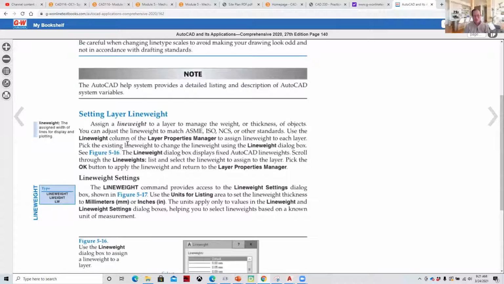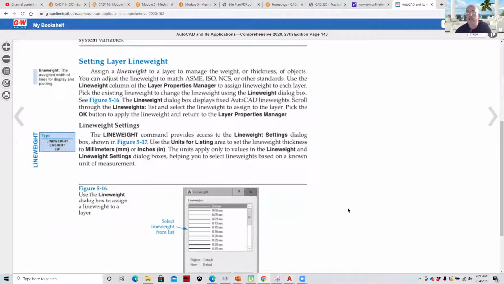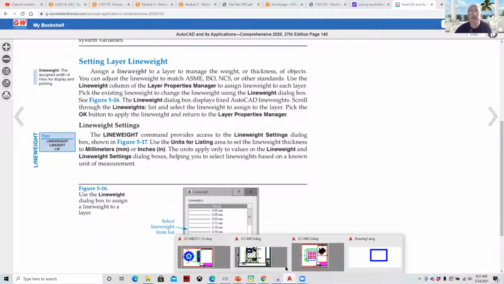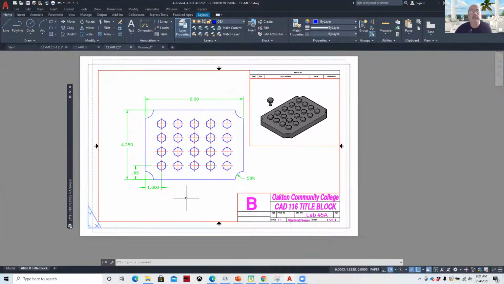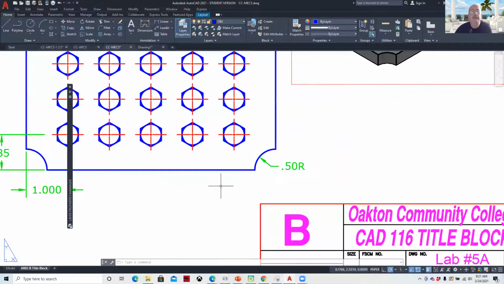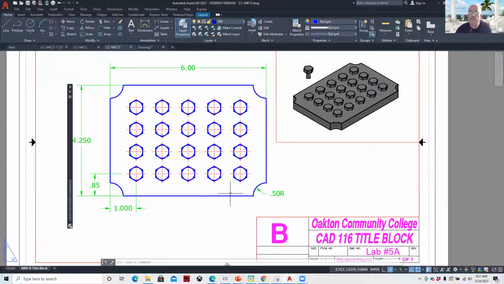You're doing just fine. So layer line weights, that's like the thickness of the pencils. Okay. The thicker the line weight, the easier it is to read. So when we go through and look at these different drawings, they pop. And when I say they pop, what I mean is that if everything is set correctly, like this, the blue lines are kind of bold and the red lines are a little bit less bold